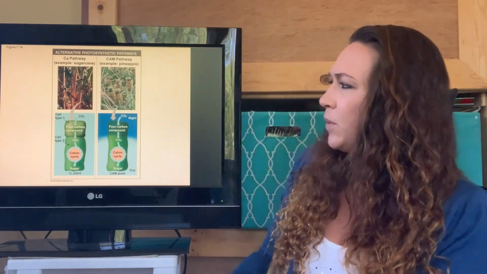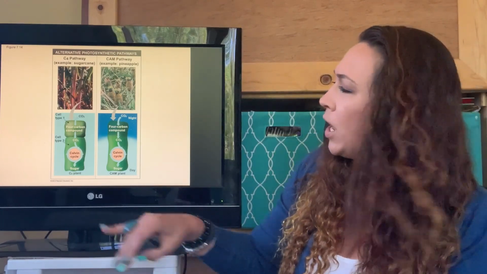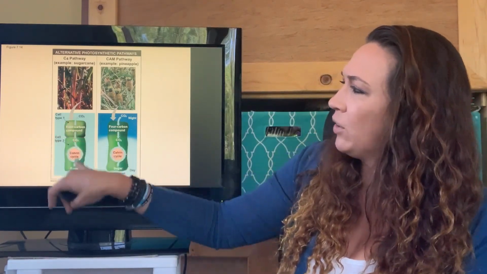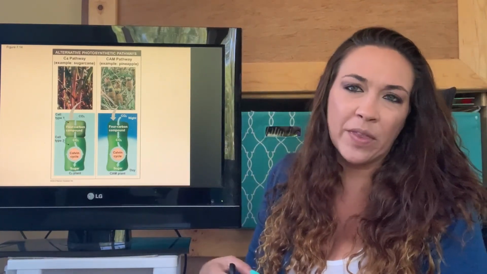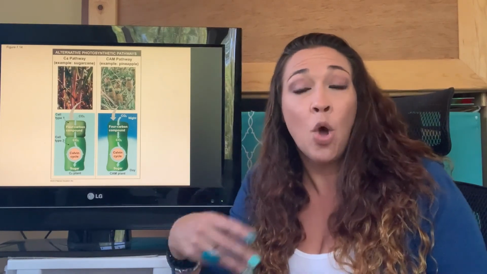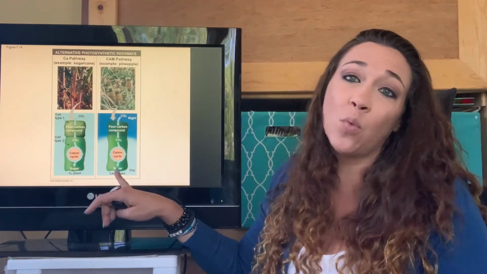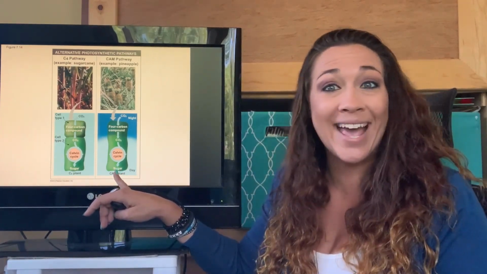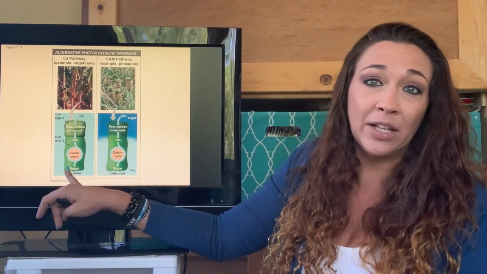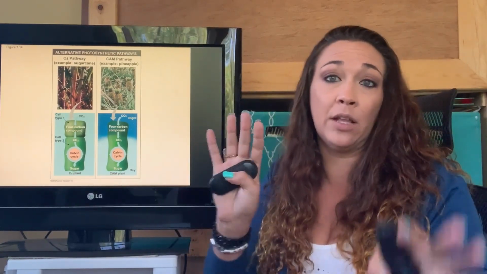These are the pathways. We're not going to get super into detail with these, but this is kind of how they work. It breaks down into 2 different cell types. That's why they're different, and that's why they can compartmentalize when and how they photosynthesize, because they're working with 2 different cells. Whereas the CAM plant only has the one type of cell and therefore only opens at night, because they can't do one part in one cell and the other part in another cell. So that's just structurally how they're different.